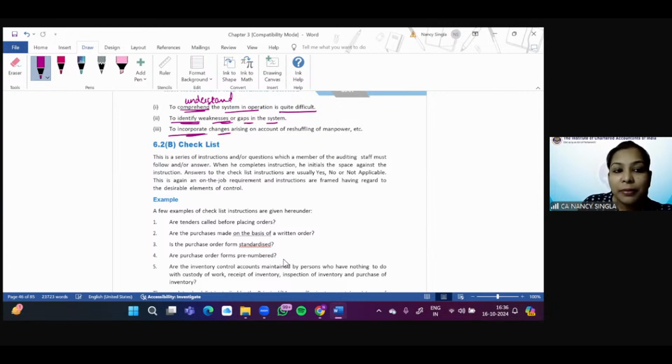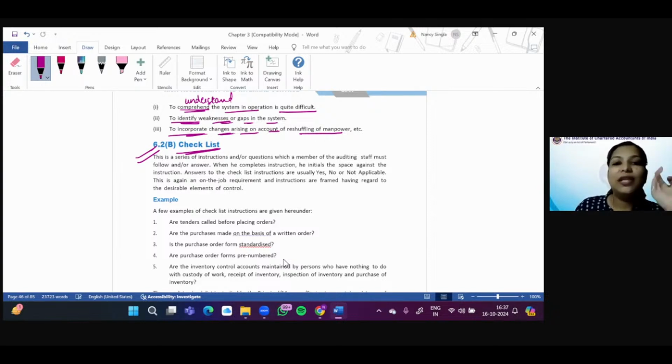To incorporate changes arising on account of reshuffling of manpower, it is difficult to incorporate all such things. So these are the disadvantages of narrative record, right? Then what is next? Checklist. As the name suggests, a list will be given whereby the audit team member will